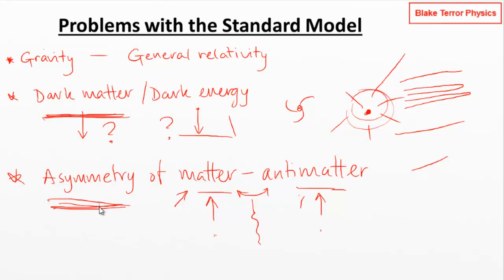Now, we've seen cases in some of the descriptions that we've already been through where these asymmetries can suddenly appear. This is one of the things that we were talking about with the Higgs boson, wasn't it? So maybe there's some other process that comes in that allows some kind of asymmetry to happen. So we've got 3 or 4 really big questions here about how to get gravity into the standard model, how to explain dark matter and dark energy, and how to explain this asymmetry of the amount of matter to antimatter in the universe.